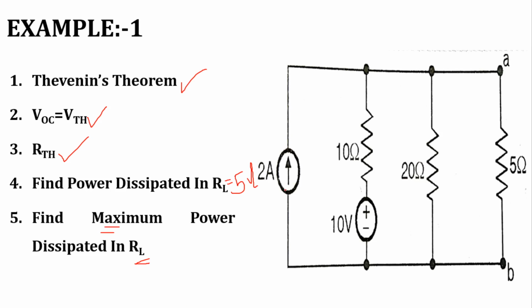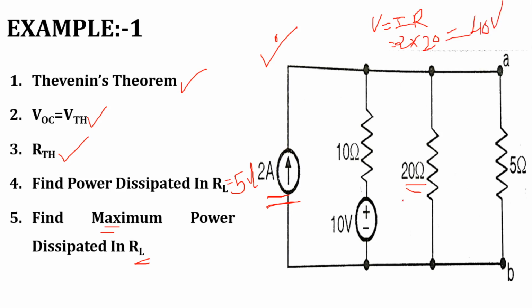So let's start the solution for this particular example. In the first step we will use the source transformation theorem, and we will convert this 2 ampere current source, which has a parallel resistance of 20 ohm, into a voltage source with series resistance. The value of voltage V is equal to I into R. I is equal to 2 ampere, R is equal to 20 ohm. So the voltage becomes 40 volt